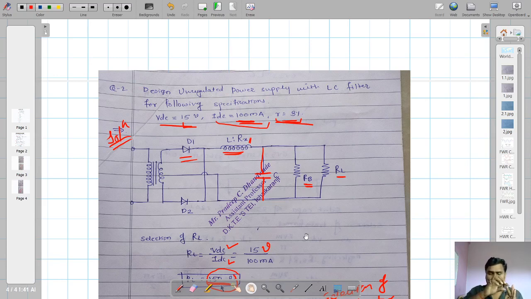Then we have just now seen the example or design for LC filter. And I promised you, when you understand LC filter, you will be able to solve the pi filter design statement. So for the full wave rectifier with pi filter, we are not going to solve the complete design. We will write the design problem and then I will give you a small hint.